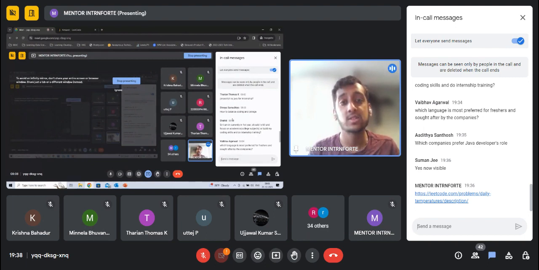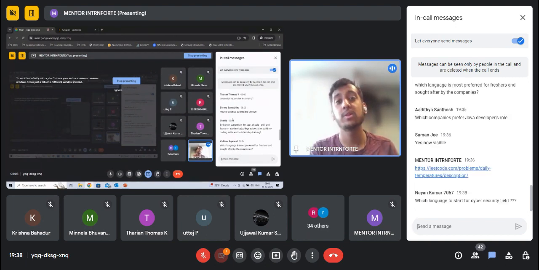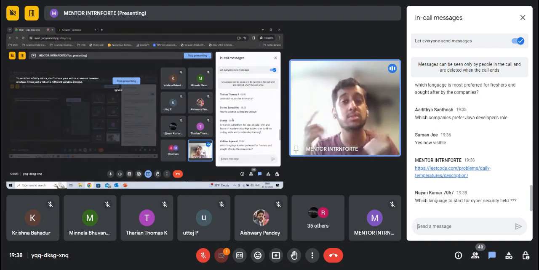So the same way with respect to LeetCode, choose a language that you have a lot of practice in, that you're very comfortable with, so that you don't have to spend a lot of time thinking about the syntax or the methods in the language, and you can focus more on the core logic of the code that you're writing, right? Because that's what matters. But basically, whatever language you're more practiced in is what you should go for.